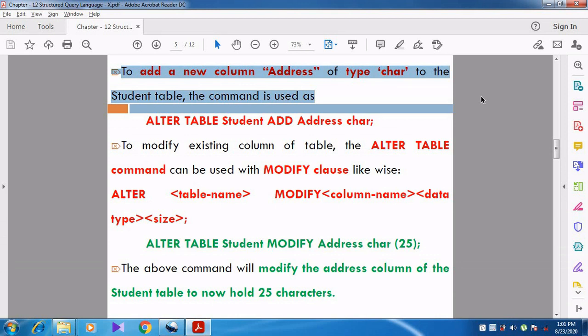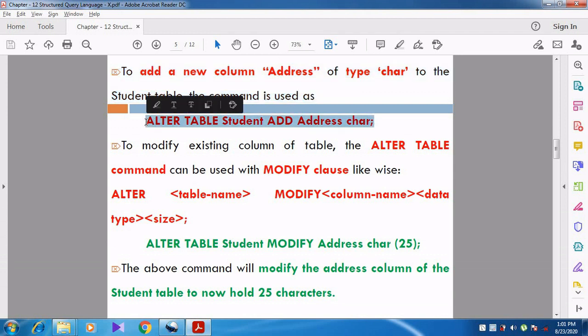Now we are going to add the address column, and its type is character. See the command: alter table student add address character. Can you understand, students? So now we have added a new column.